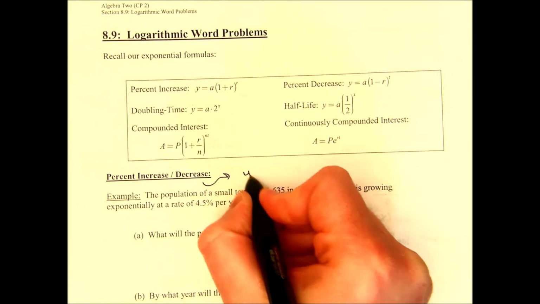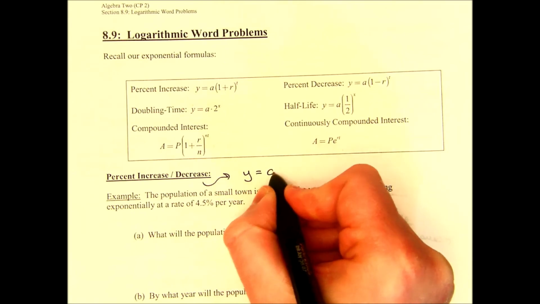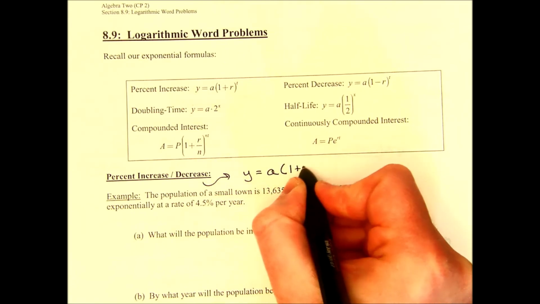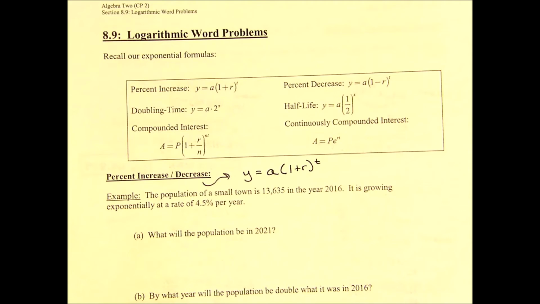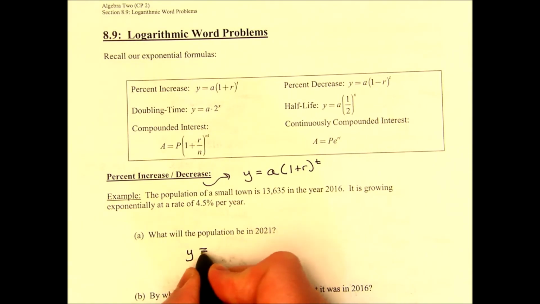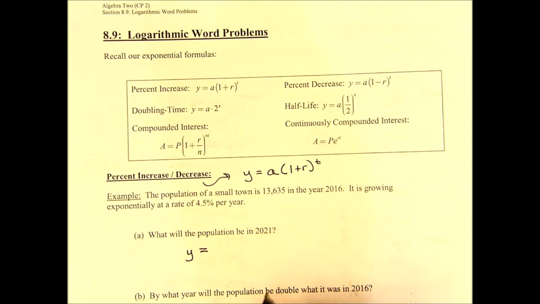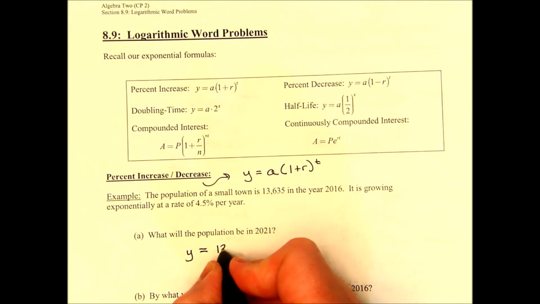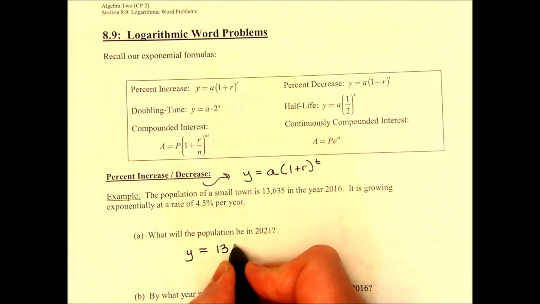Percent increase, I'm going to use my formula y equals a times 1 plus r raised to the t. All I'm going to do is plug in my numbers exactly how we dealt with this earlier. I could have given you this particular part of a question earlier in the unit, and we'll have our answer. A, remember, is your starting amount. So y equals